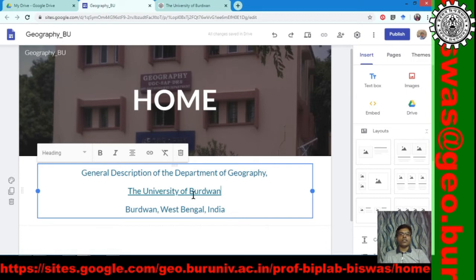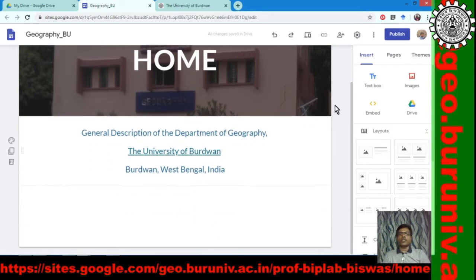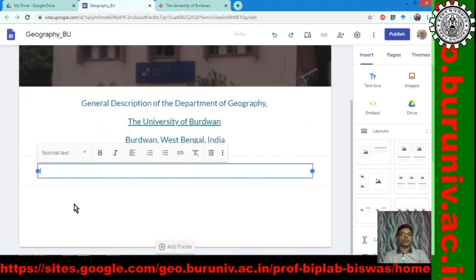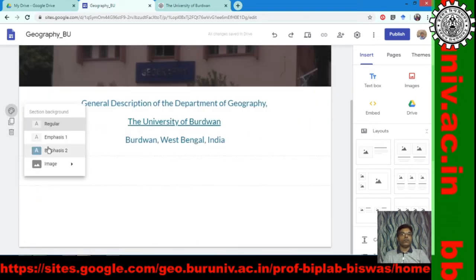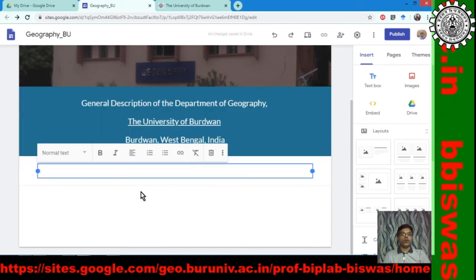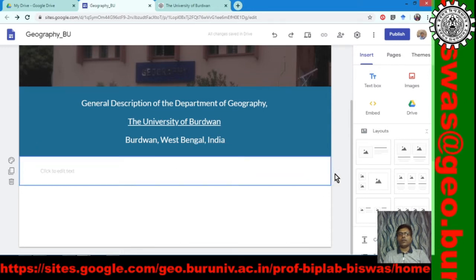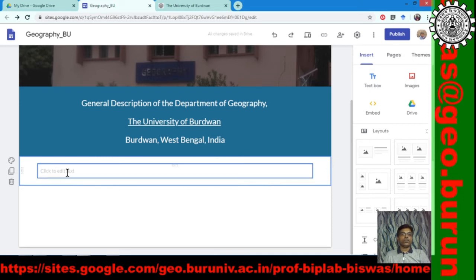So that link is applied, and in the down section we can add another box here, and we can make this box colorful, and in this box also we can extend again this to make similarity.